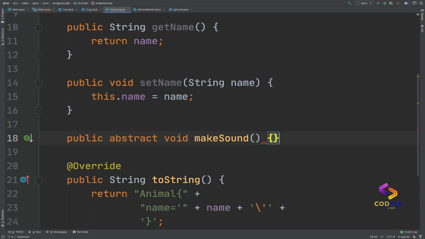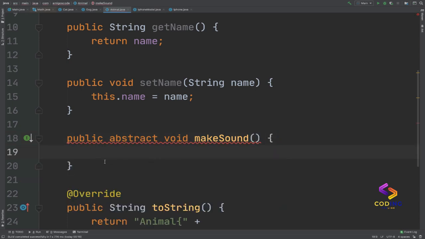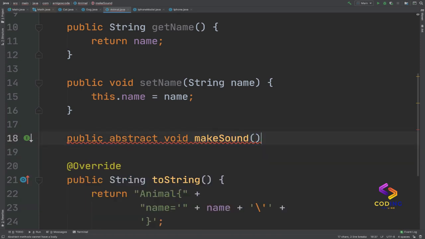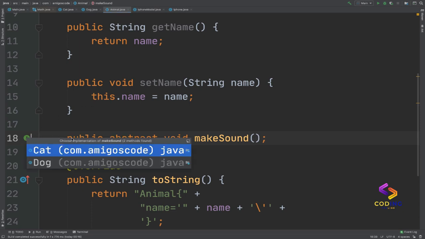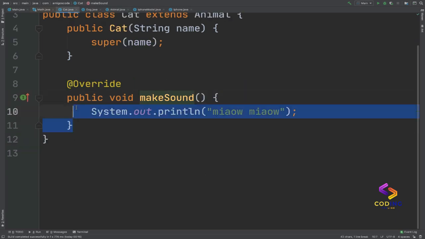So if I try and do this, it doesn't work, because an abstract method does not have an implementation, and we let the children, the classes that extend the abstract class, whether it is a cat or a dog, define the actual